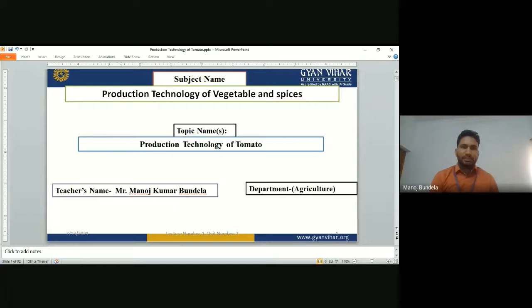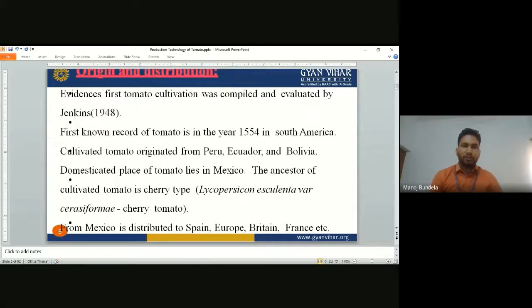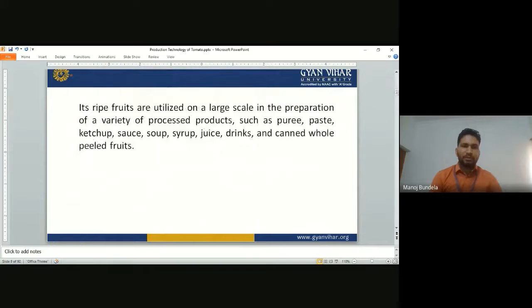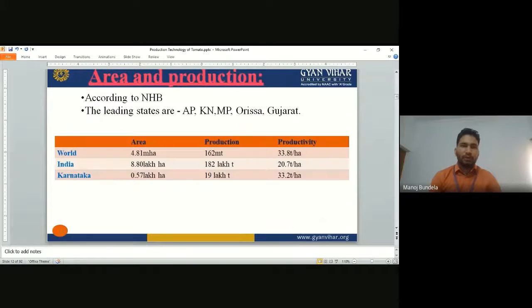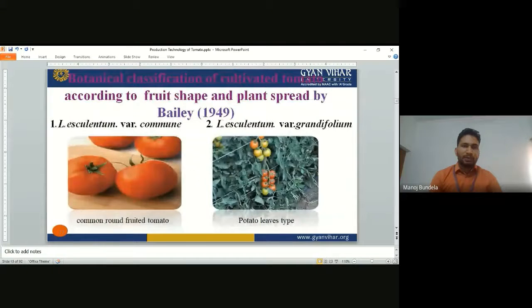So we are discussing the production technology of vegetables and spices. In production technology of vegetables and spices, the first crop we have started is the production technology of tomato. In the last class we discussed the introduction to the tomato, history, origin, distribution, nutrient content of tomato, importance and uses, health benefits, pigmentation in tomato, area and production, export demand, taxonomy, classification of